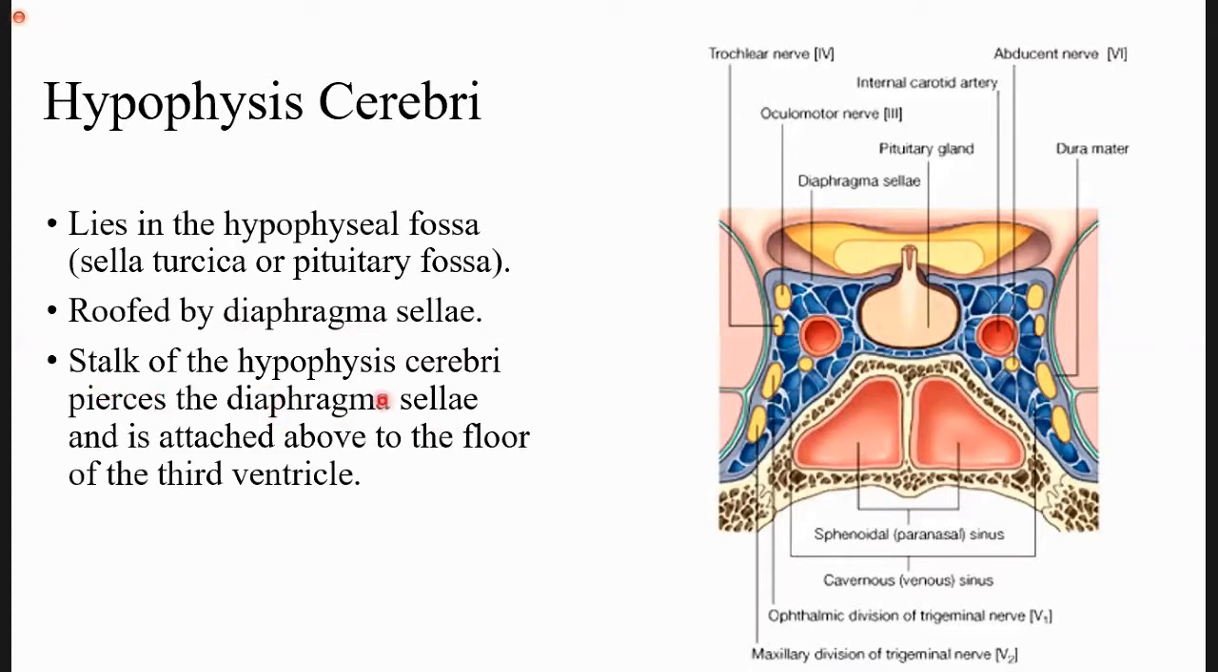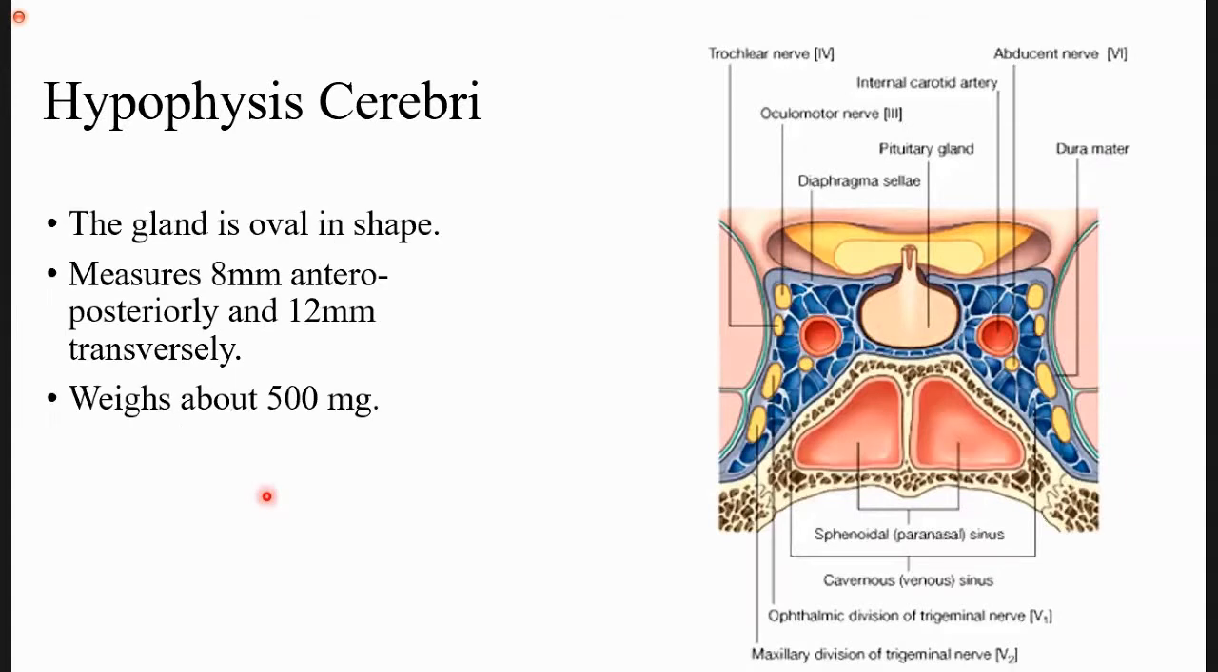It pierces the diaphragm sellae and is attached above to the floor of the third ventricle, as you can see in another picture. It is oval in shape, 8 millimeters in anteroposterior dimension and 12 millimeters in transverse diameter, and the weight of the pituitary gland is about 500 milligrams. So this is a small gland, but it has a rich blood supply, which is a characteristic feature of any important